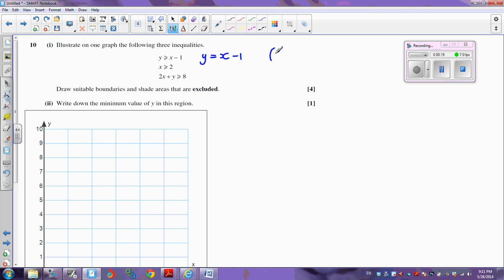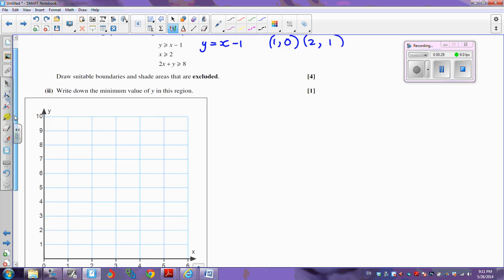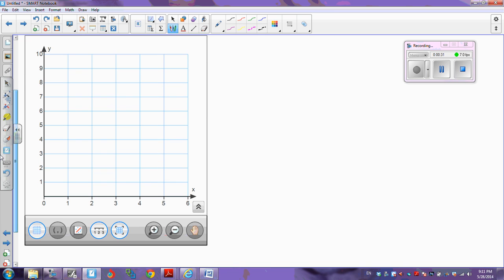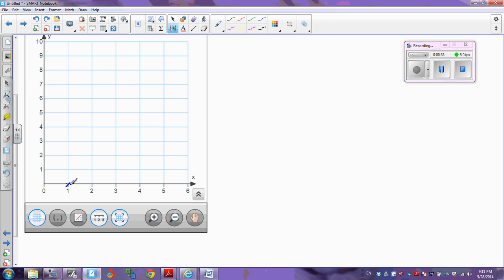When x is 0, y is -1. When x is 1, y is going to be 1 take away 1, which is 0, so it goes through 1, 0. When x is 2, y is going to be 1, so it goes through 2, 1. I know it's going to be a straight line, so if it goes through 1, 0, and it goes through 2, 1, then it also goes through this point, and this point, and this point, and this point. So I'm just going to join that up with a line, so there it is,